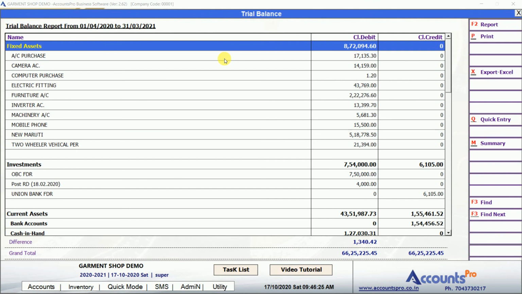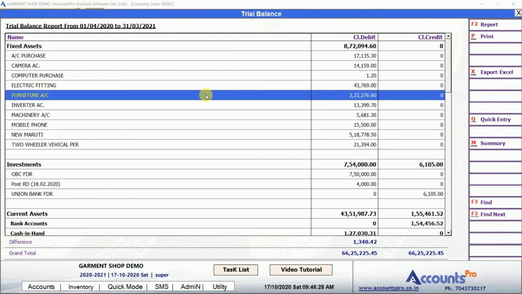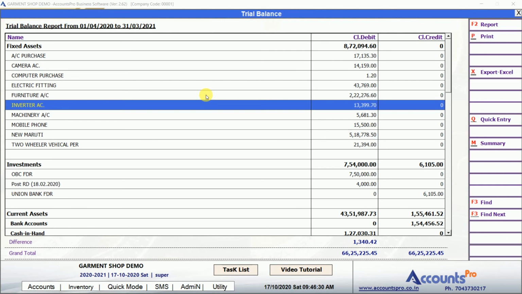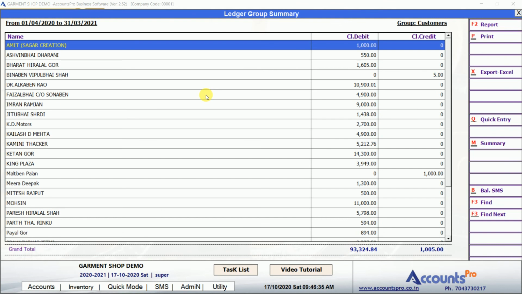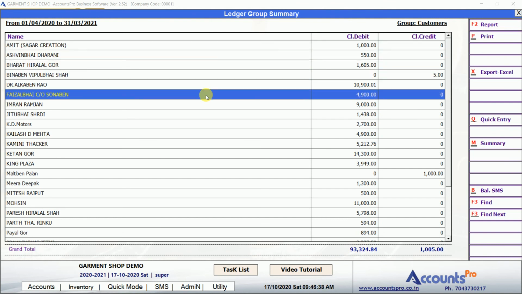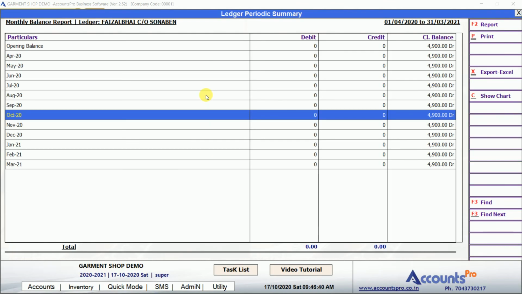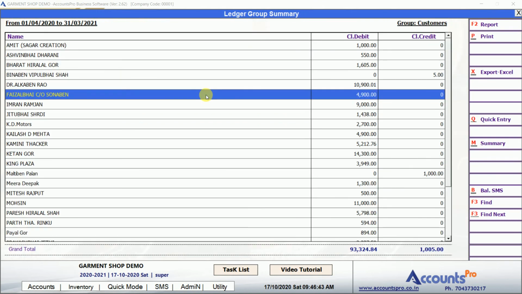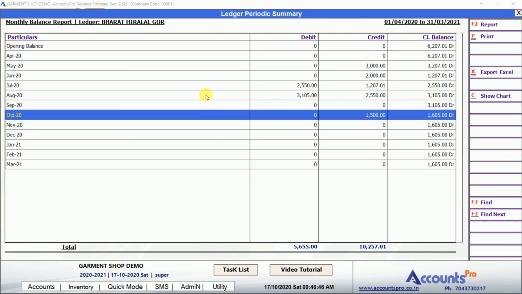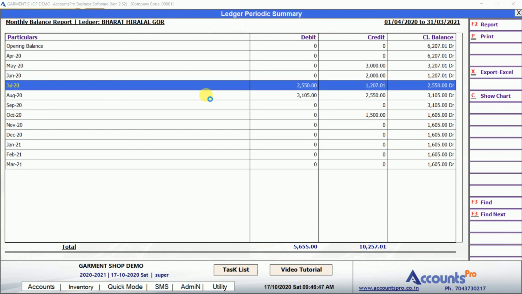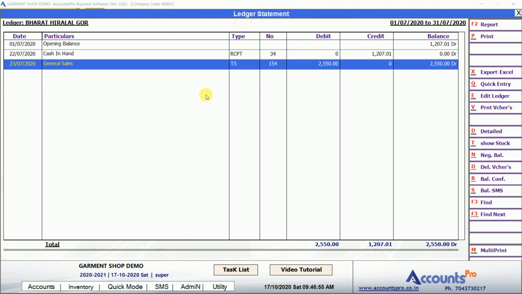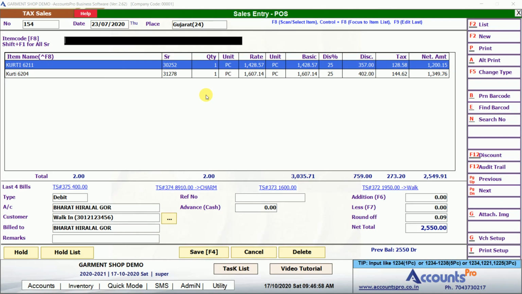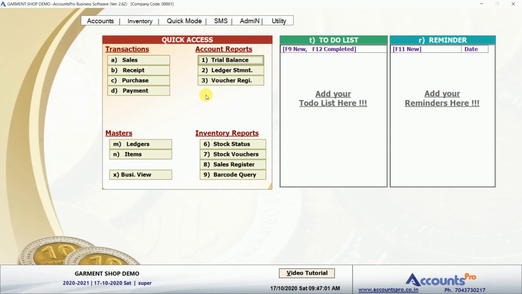Trial balance, we can check a summary of all our accounting ledgers, and we can drill down to the detailed entry in this section. For example, I can check customer account, all the customer list appeared. If I further double click on any of the customers, I can check the month wise transactions. So here is a debit, a credit of 31207 and the sales of 25500. If I press escape, I come back to the main screen.